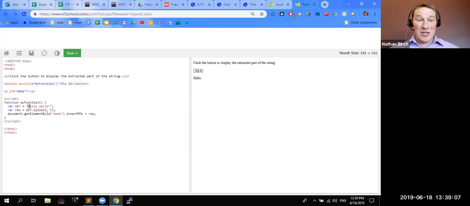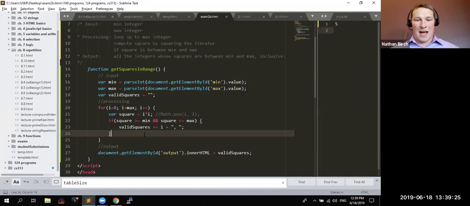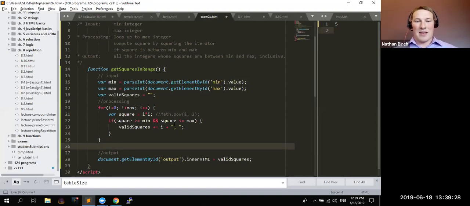So H could be considered at address 0, and then E would be 1, L 2, L 3, and then the O would be 4. And then we cut off from 5 and on. So if I wanted to do something like that with this, after my loop, because I know I'm always going to have an extra comma here, I could say valid squares dot slice, and then it needs two parameters, right? So we want our string, so I'm going to put 0 there,